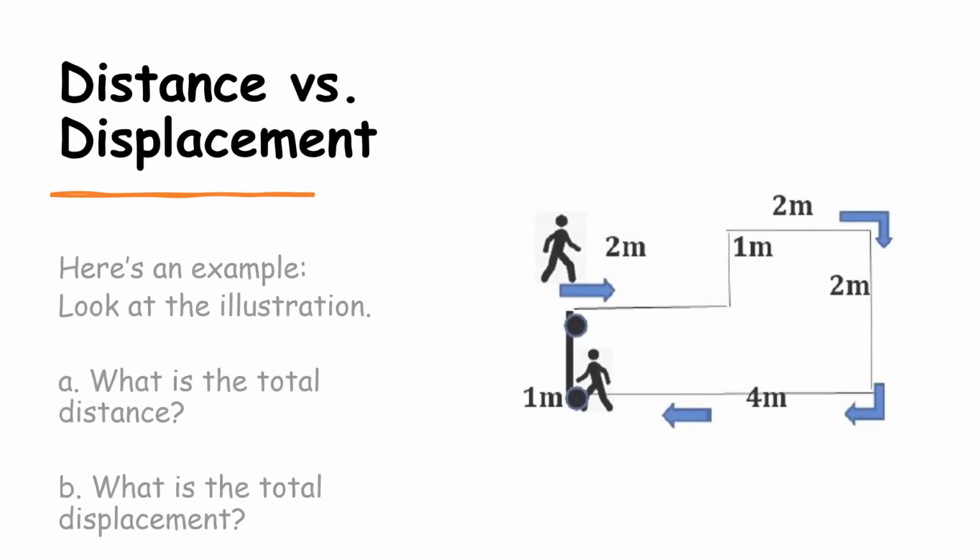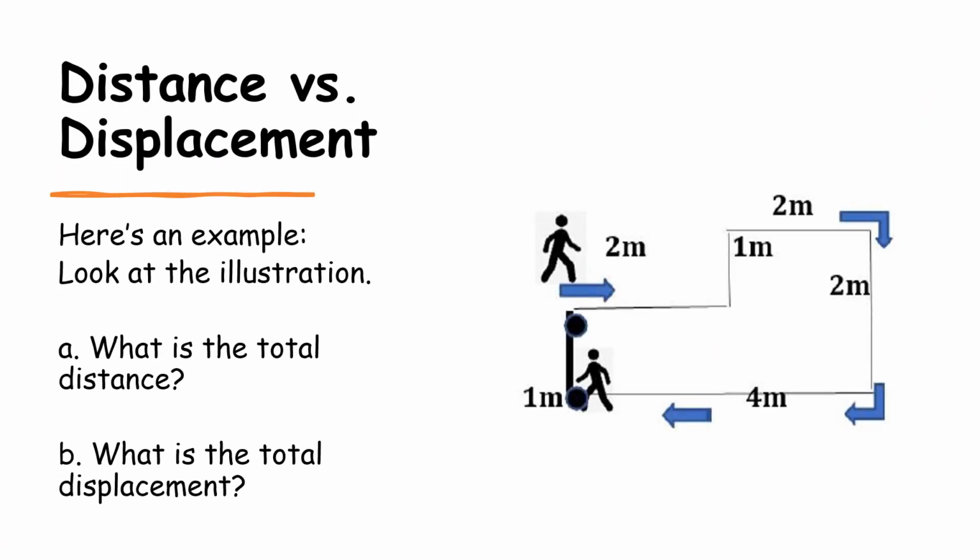Let's try an example. Look at the illustration. What is the total distance? And what is the total displacement? To find the total distance, you have to trace and sum up all the distance traveled by the person. And to find the total displacement, you just need to look for the reference point and the final position, then